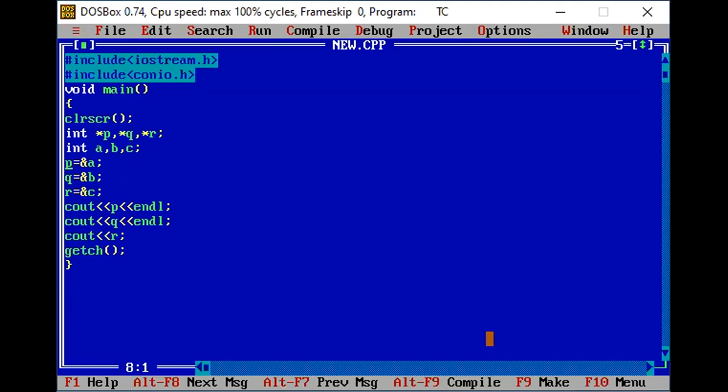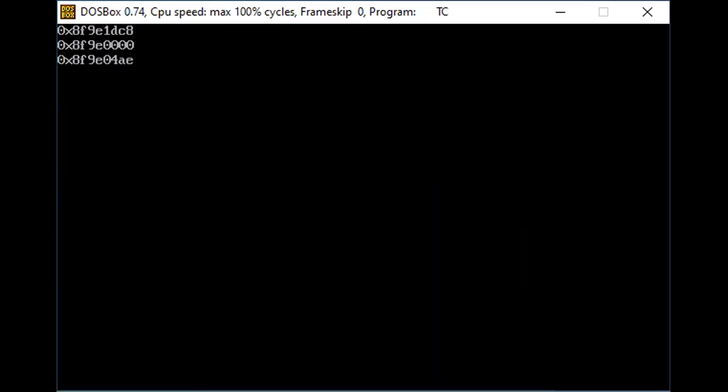But if I do not assign the address of a variable to the pointers and then find out the address value, it is pointing somewhere at 8, at 0, then A. That is not in a sequence.